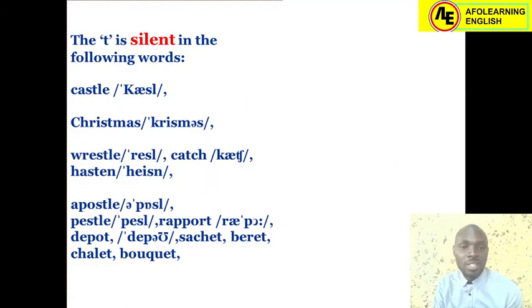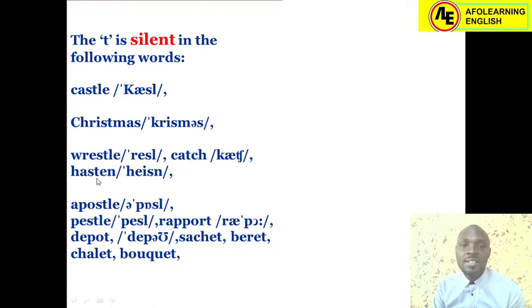And finally on this sound, let's take a look at where we can find silent letter T. You can find the silent letter T in the following words. Castle, that is, the letter T is not pronounced. And that is why when you look at the transcription, you can't find the T sound there. So we have silent letter T. So we have castle, Christmas, wrestle,